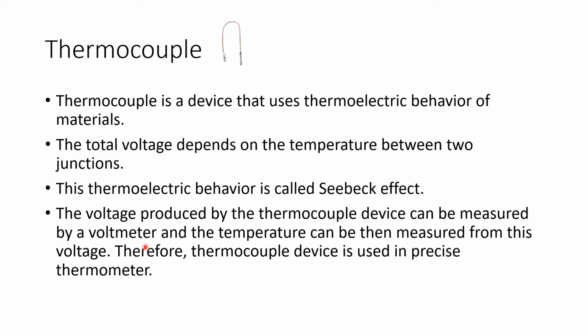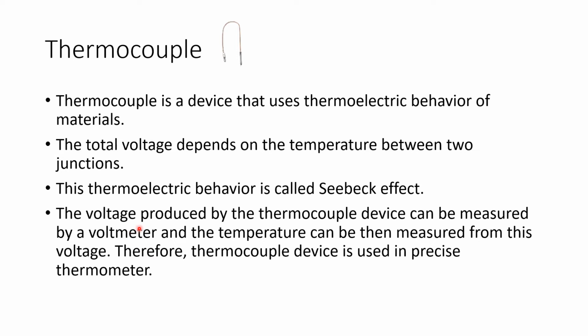Therefore, we use the thermocouple device as a precise thermometer, or what we call today a precision thermometer. It is a very sophisticated, also expensive thermometer. Why? Because we are able to get the measurement, which is your temperature,